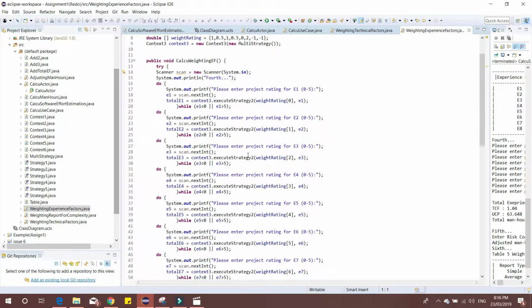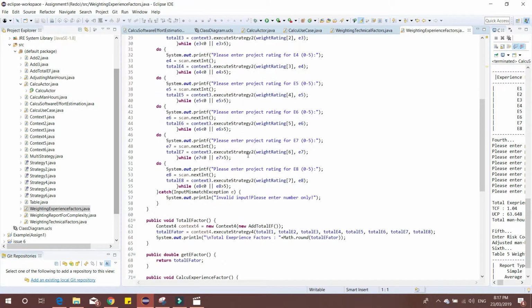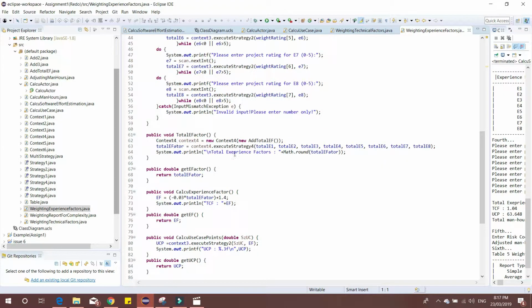And this method asks the user to enter the project rating, and then this method calculates the total E factor. This is the formula to calculate the E factor. This is the formula from the multi-strategy class, and it also has the method to get the E factor to the another class, and this method calculates the